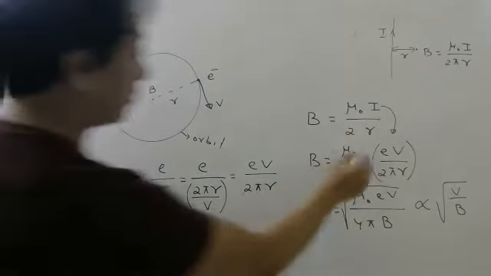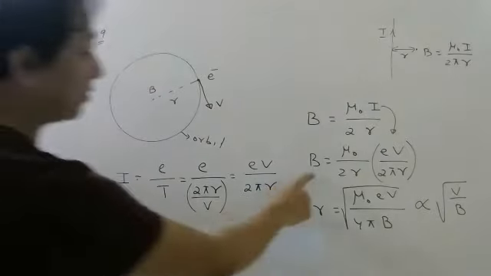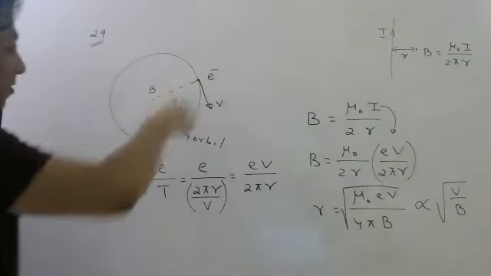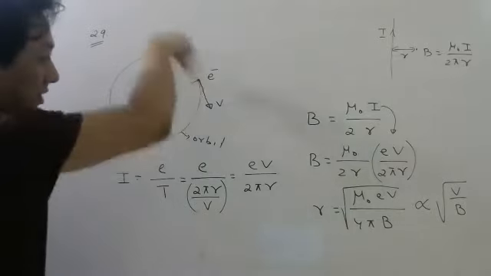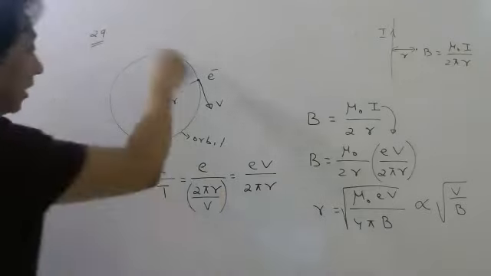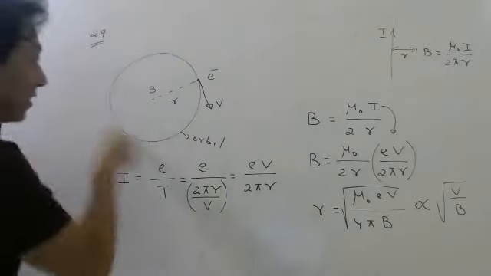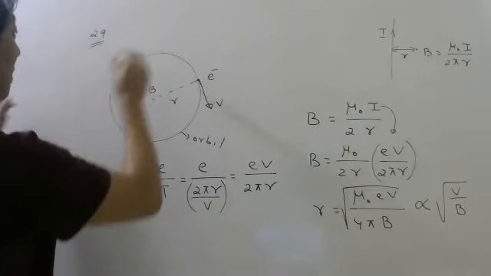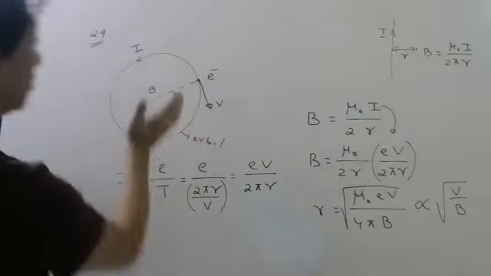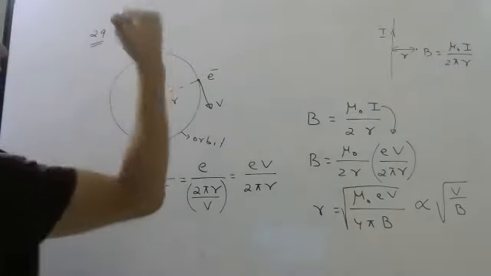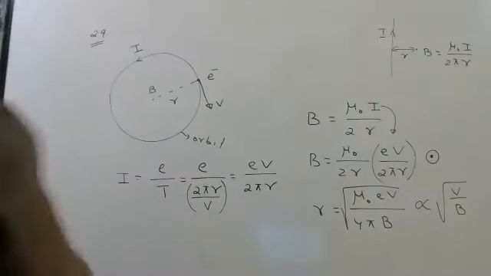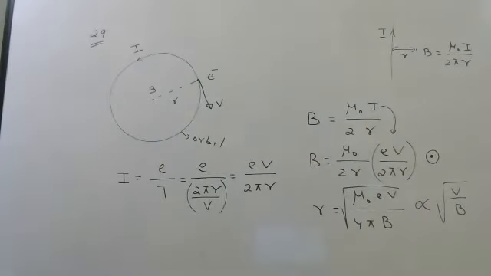Direction of this magnetic field will be where? Remember, this is an electron. Be careful. So if the electron is moving like this, velocity is wherever you are moving. So if the electron is moving like this, current will be like this, remember. And you have to use this rule for current. So current is this way, magnetic field is out. So if somebody asks you magnetic field direction, that also you can mention. Okay? Write down.